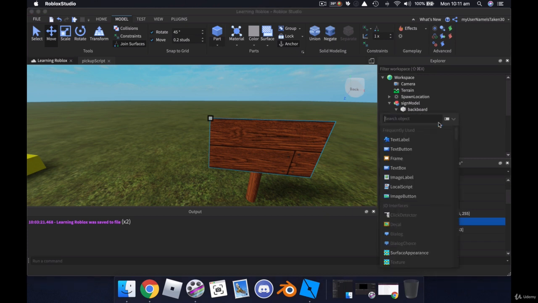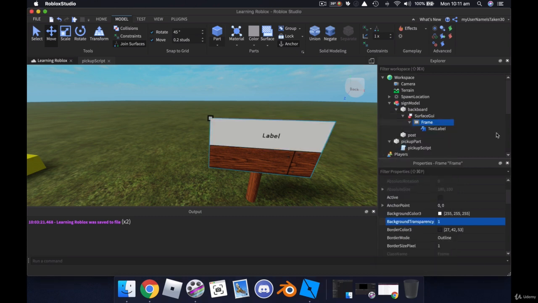Alright, so we still don't have any text in there, so let's add some in now. We click on our plus of our frame, and we want to add a text label. Alright, and there it is, inside of our frame. Now this is the same thing. You may want to have more than one line or more than one text box in here, but we'll just work with the one that we've got at the moment. So if we click on our text label,